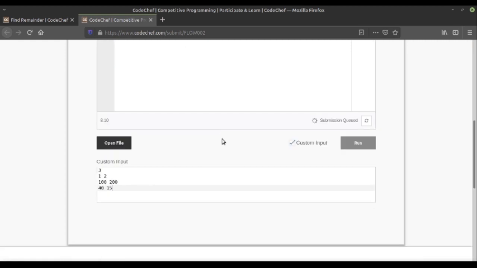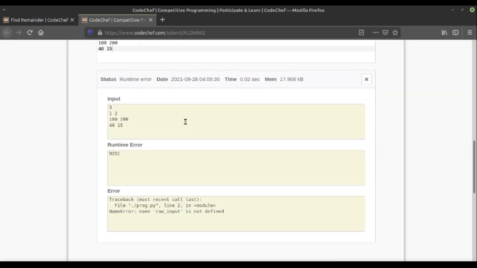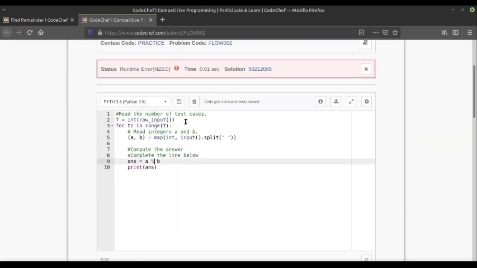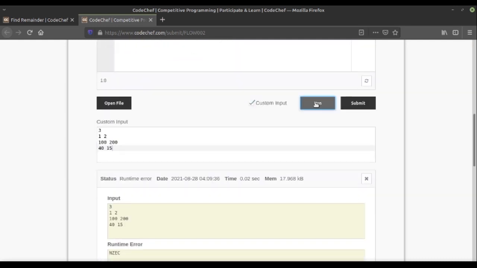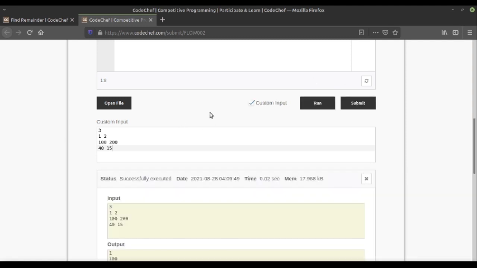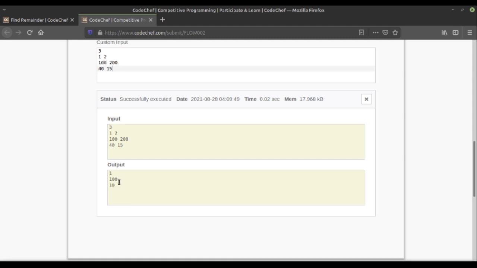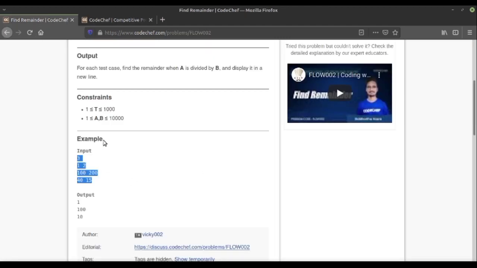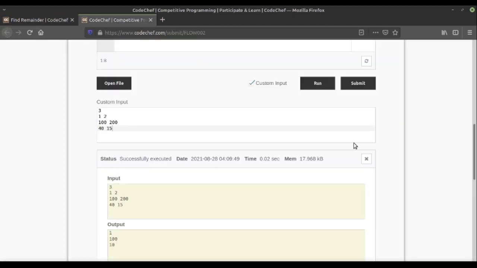Let's run this locally and check. Here also raw_input is the problem, so we'll take direct input. Now we are getting the correct answer as shown in the find remainder. So let's submit this.